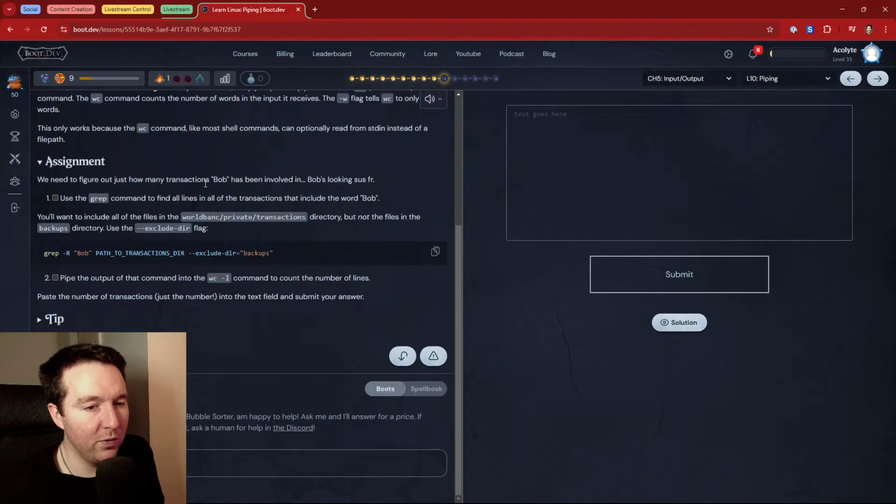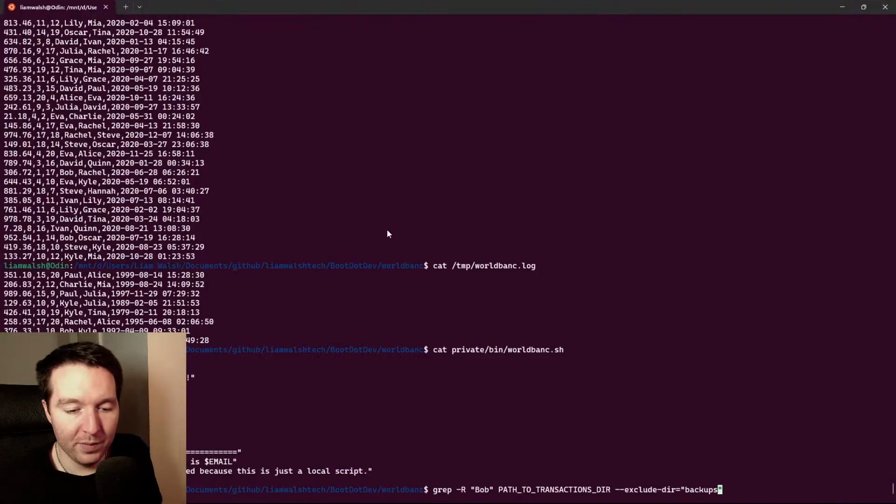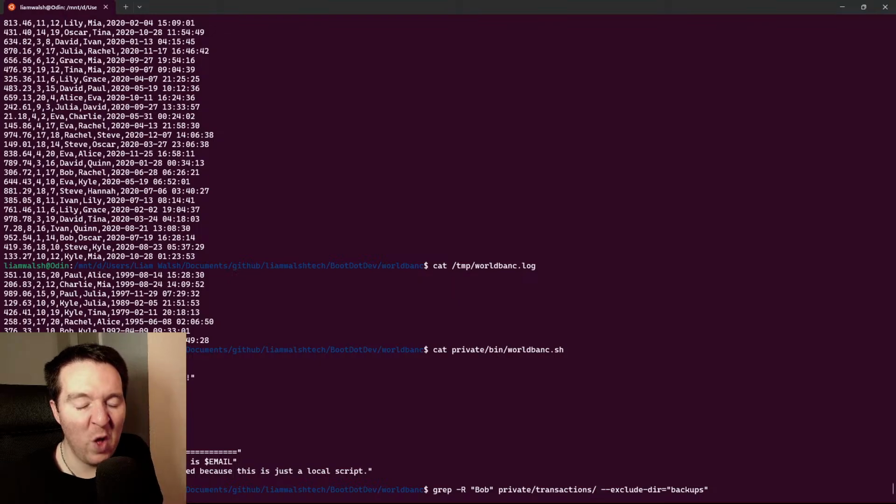Assignment. We need to figure out just how many transactions Bob has been involved in. Bob's looking sus for real. Use the grep command to find all the lines in all the transactions that include the word Bob. You'll want to include all the files in the transactions directory, but not the files in the backups directory. Use exclude directory like that. So like that. And then we're going to get rid of that. It's going to be, what was it, in private transactions.